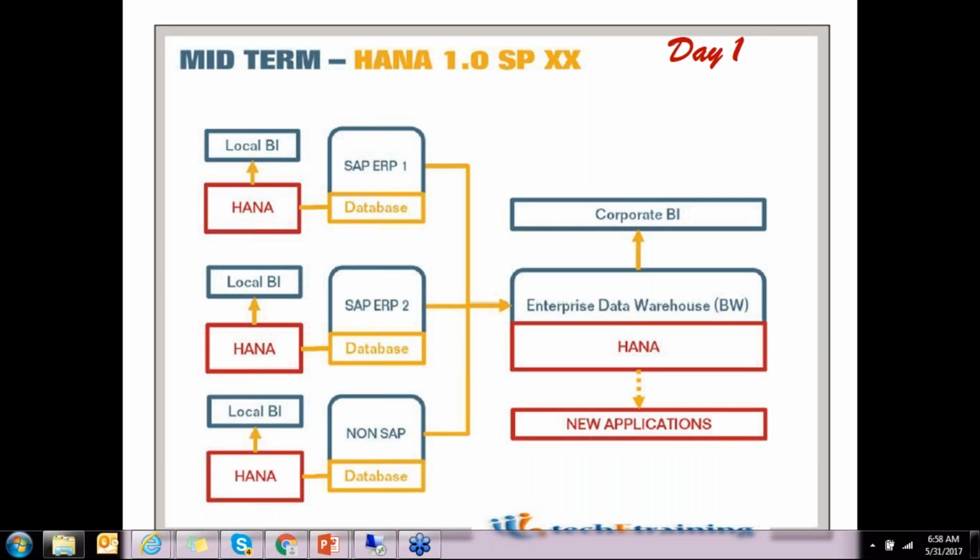The HANA database may be linked to BI, BW or BO modeling, so using that we can create models. There is a concept called ADBC, where we link the application server and the database, and using that link you can get the data from the secondary database. For example, for SCOPA reports and MRP reports, where you need huge amounts of data processing, you can go for this approach. This is called the sidecar approach.